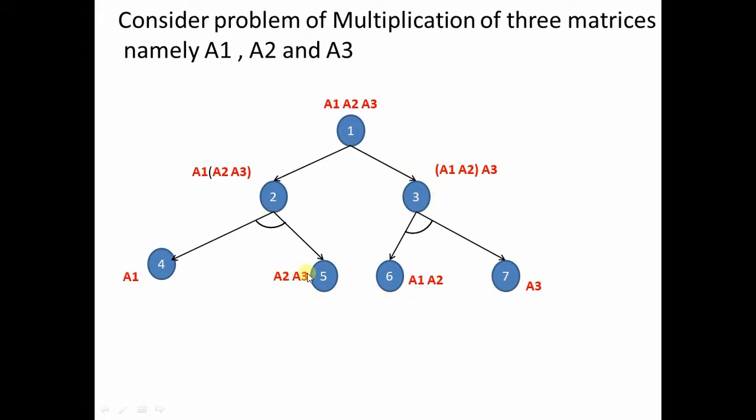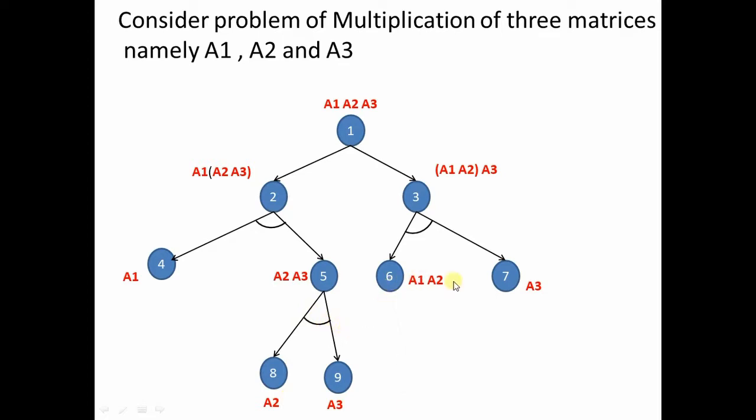Now what is A2 A3? To achieve A2 A3, you will have to take a separate matrix A2, and you will have to take matrix A3. So let A2 and A3 be independent matrices, nodes 8 and 9, and then A2 you will have to multiply with A3. So there is a dependency. A3 has to exist, only then A2 can be multiplied to A3. Similarly, A2 has to exist, only then A3 can be multiplied to A2, and so on. Right? So there is dependency. So here also there will be AND OR.